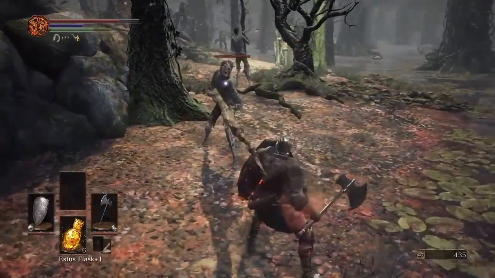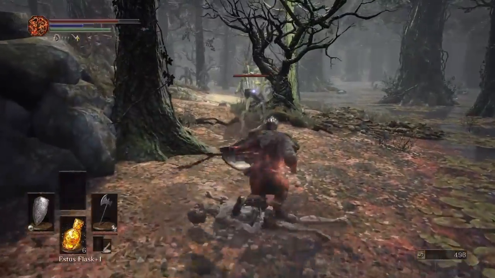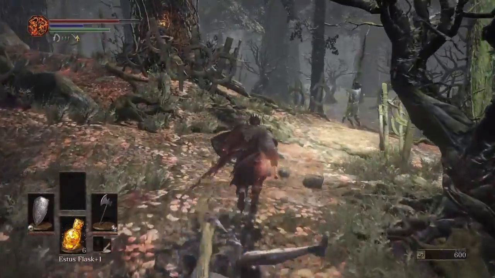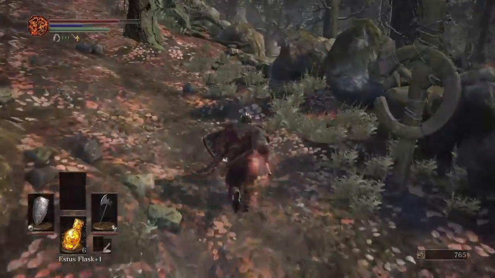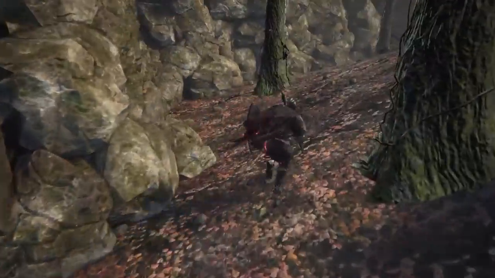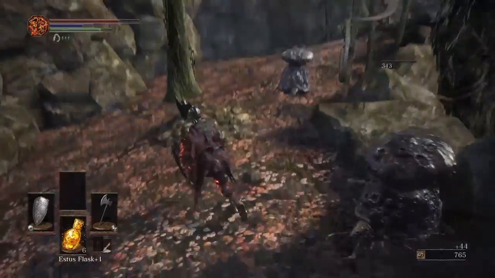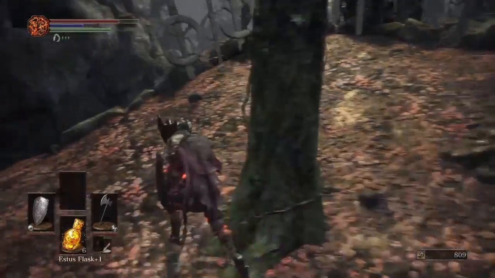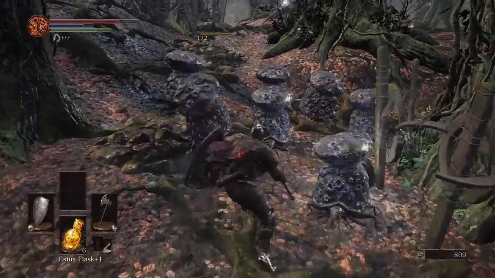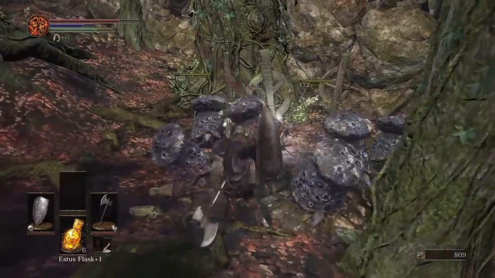Alright. So there's a lot of different ways to deal with this area. I chose to pick this route. And there are a lot of different enemies here. You've got those enemies with the long branches. You've got these poisonous mushrooms. We got sorceresses. And we got giant crabs. We've got some NPCs,